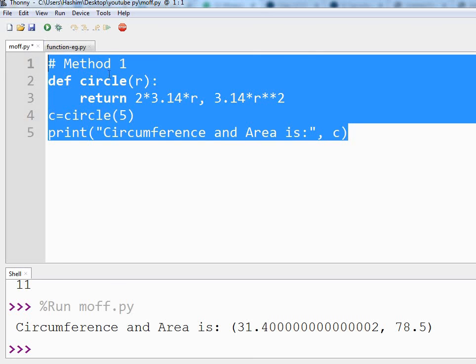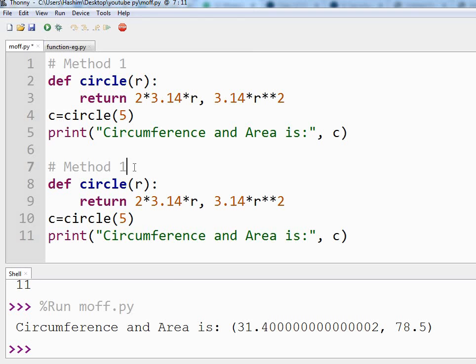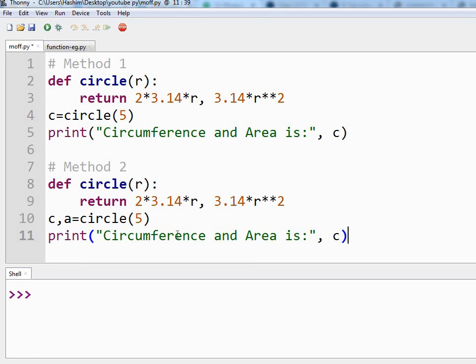For method 2, I'm copying the same program. In this method, we are going to use multiple variables for our multiple outputs. We are not going to use the tuple here. Let's say C for circumference and A for area. We need to modify our print statement also.